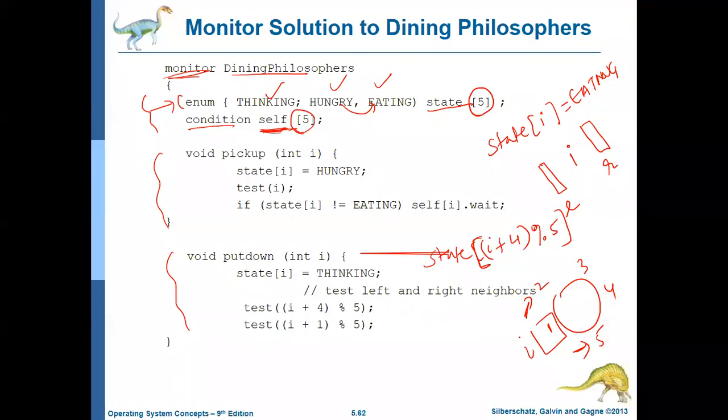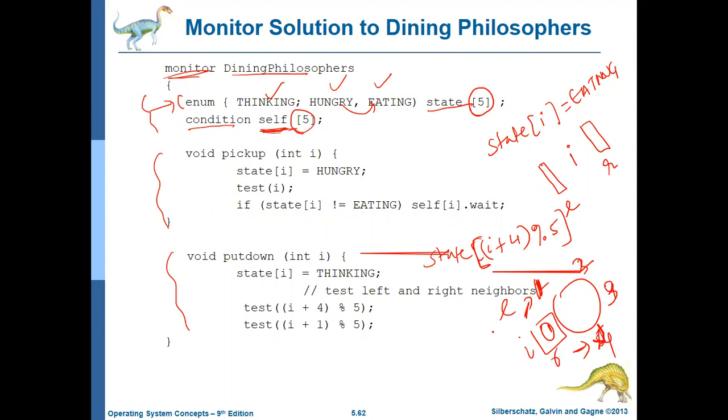So the right hand side of the ith is the fifth person and the left hand side of the ith person is the second person. Either way, you can take any value. If I'm looking at the current value 1, then 1 plus 5 mod. In this case, maybe it starts from 0, so I'll put 0 here. Sorry, so 0, 1, 2, 3, and 4. Now we can say that is 0 plus 4 mod 5. You go to the fourth person, coming from 0 on the right side.